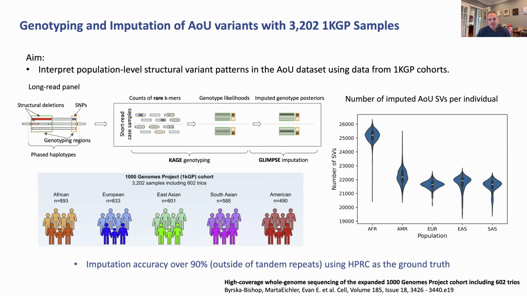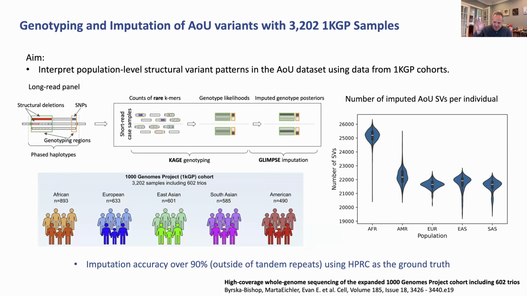Short-read sequencing is hard to assemble. Insertions tend to have some repetitive elements inside of them or flanking them. It's hard to resolve. But if you know that there are deletions and insertions in the population, there are strategies that you can use called genotyping and imputation. If you know about where these variations exist in the population, you can ask a much more focused question. Here's short read data. Ask this very focused question: yes or no,